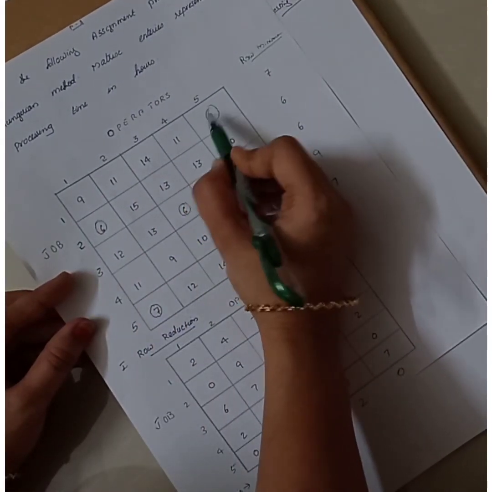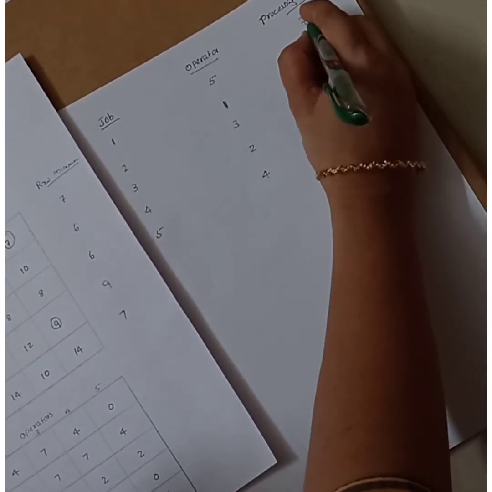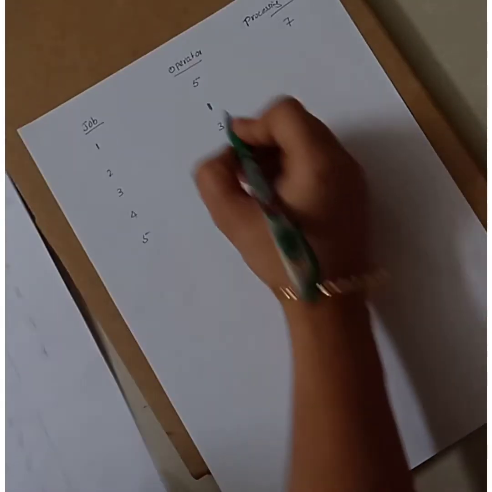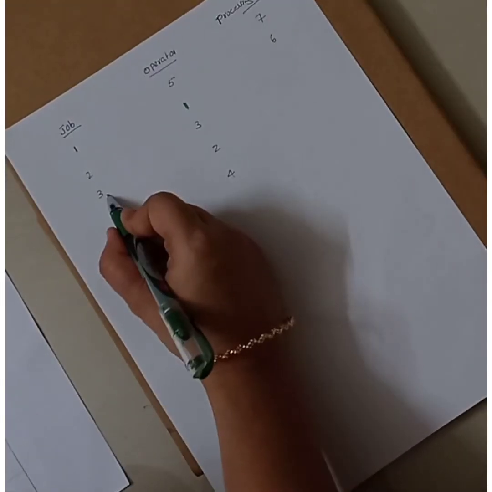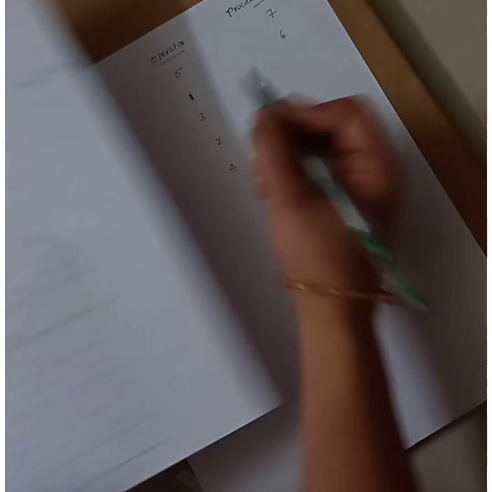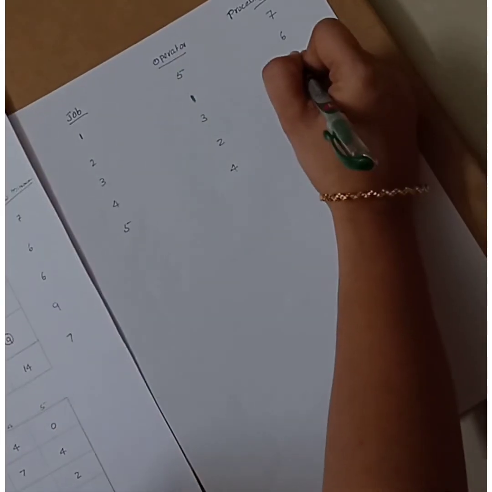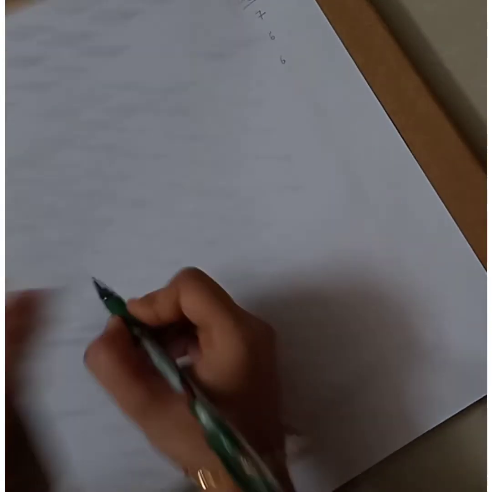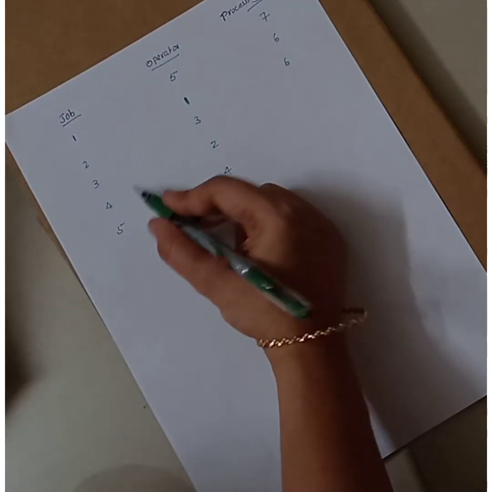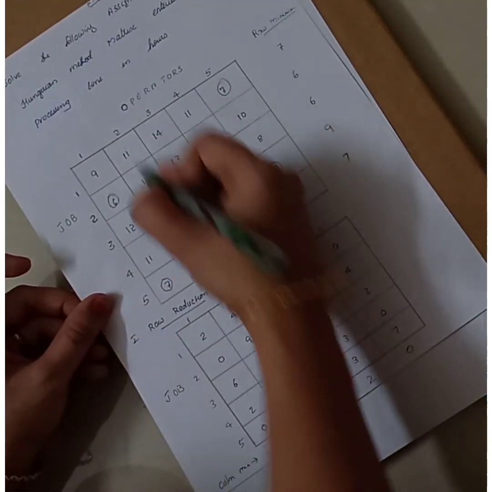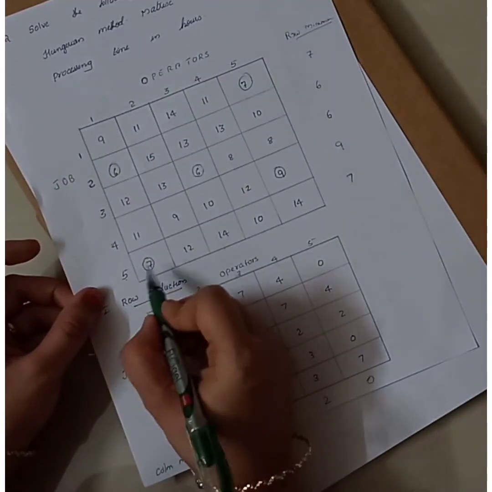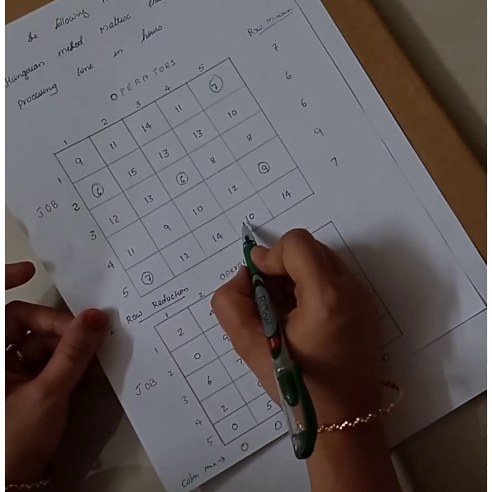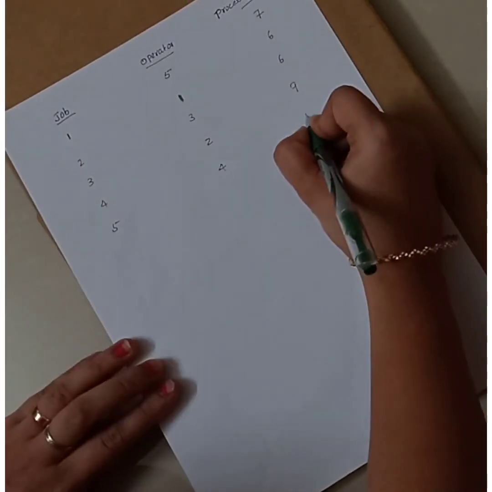So you look at the processing time. The processing time is 7. So correspondingly you have to write 7. Then for the second job, the first operator is assigned. Fine. So that is 6. So you have to put 6. Then for the third job, the third operator is assigned. For third, it is 6 again. So 6. Then for the fourth job, the second operator is assigned. So the processing time is 9. Fine. Again, for fifth job, it is the fourth operator. Fourth operator corresponding time is 10. So you have to write this.